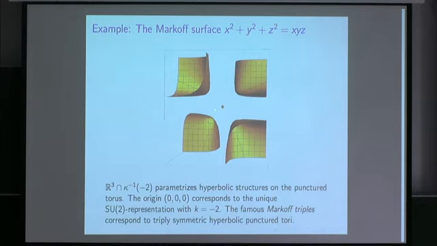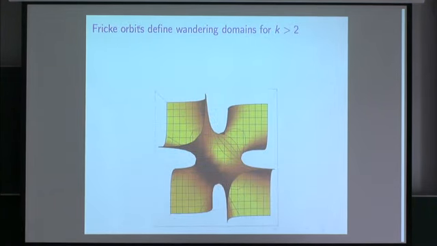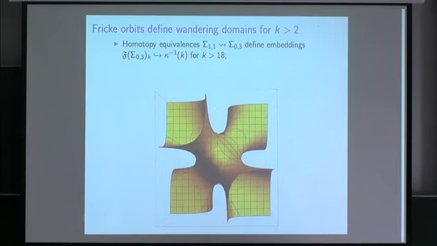And in this case, you have an isolated point, the origin, which corresponds to an SU2 representation. It's a fixed point, and then each of these corresponds to the Teichmuller space of the one punctured torus. So, as I mentioned, let's look. This is a picture of what the topology looks like when k is greater than 18, or greater than 2. I'll show a little movie of how the level sets change after I describe this text.